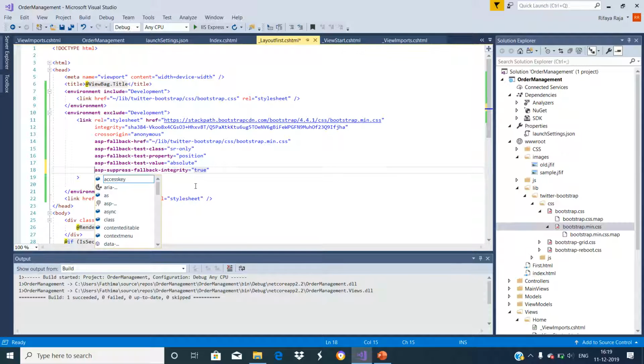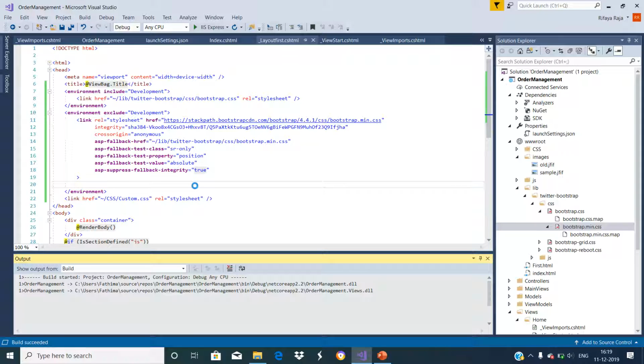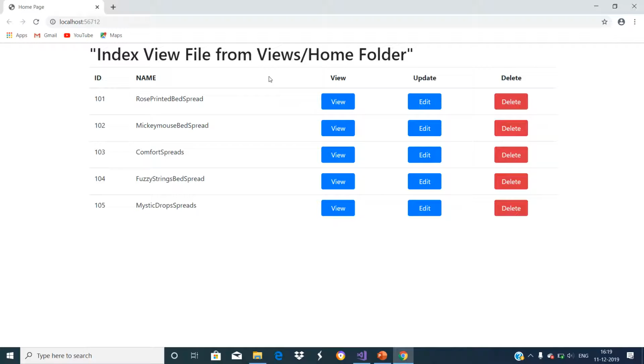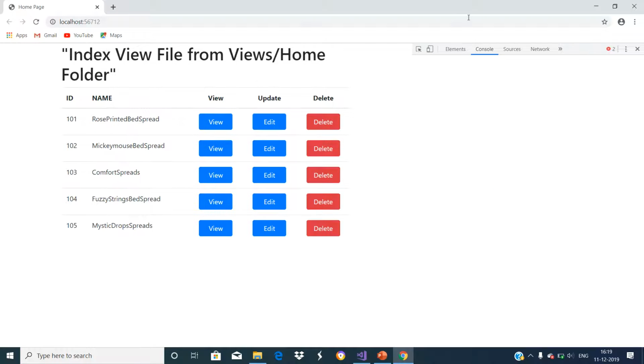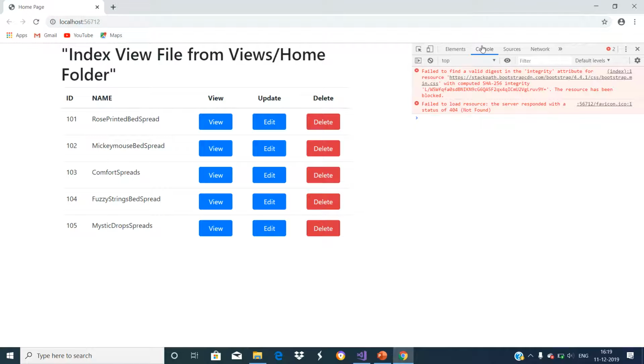So with these changes in place, now let's run the application. You will see the output as expected with the Bootstrap style changes. Now let us press F12 and see the console tab.